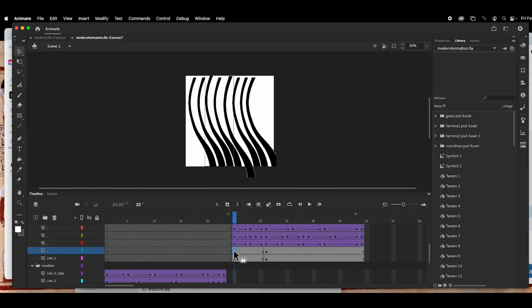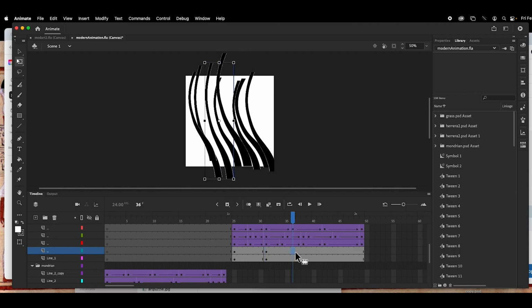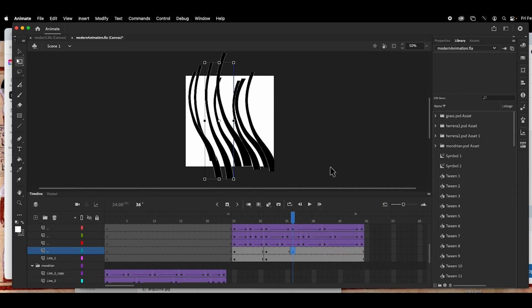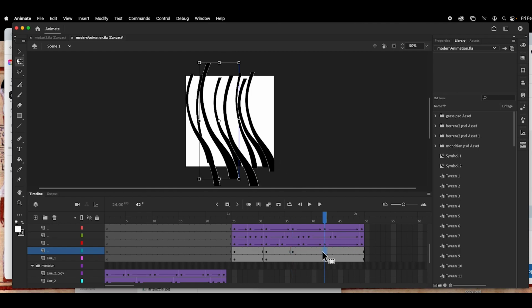Let's go ahead and use this one as a full example. I'm going to space these out substantially. So here I am going to select the transform tool and I'm going to stretch it. And I'm going to go out again, right click, insert a keyframe, and I'm going to make it wide. I'm going to go out about the same amount, maybe a little bit more, right click, insert the keyframe, and